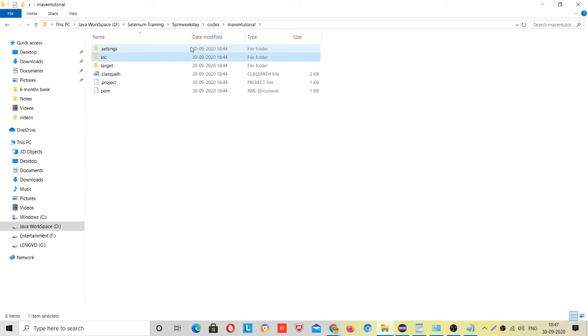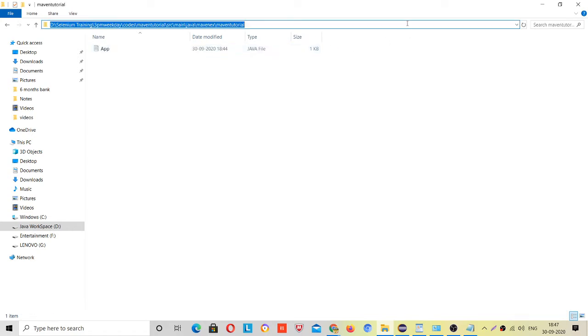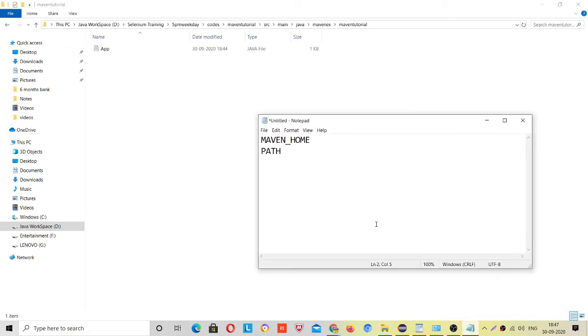Inside src go main and test, two folders. Inside main there is java, inside java there is a maven x. Inside this you have maven tutorial and then App Test.java, that is a class. Let me show you.